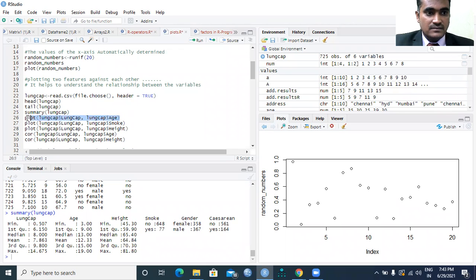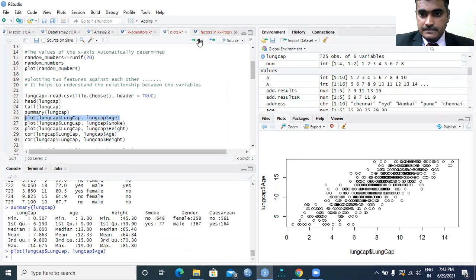So we see whether there is any significant relationship between the lung capacity of the people and the age group. Just plot this. You see here, whenever the age of the people grows more and more, the lung capacity also grows more and more. When we become stronger and stronger, as the age of the people increases, automatically the lung capacity will also increase.